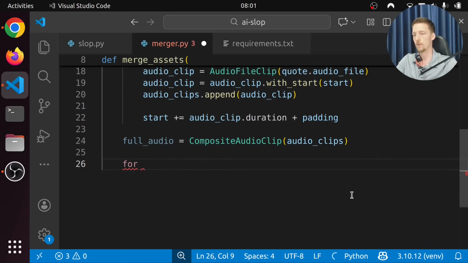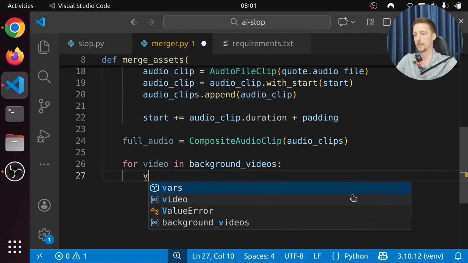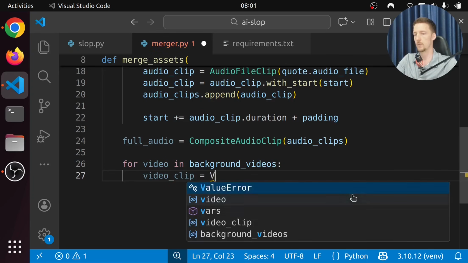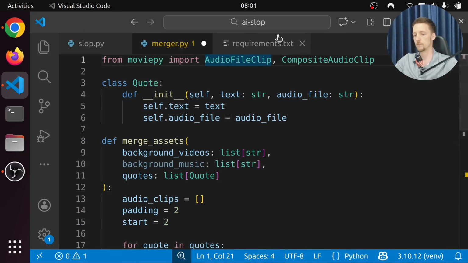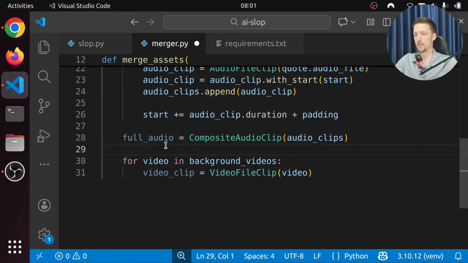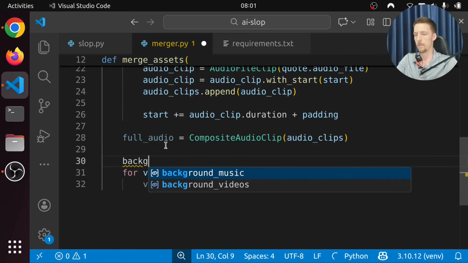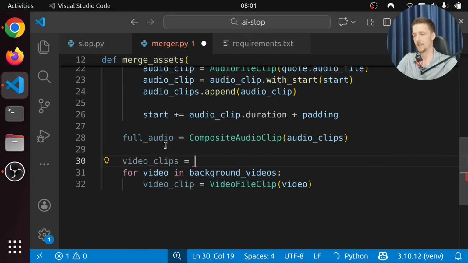So for video in background_videos, we are going to say that the video_clip is going to be VideoFileClip from the video. So let's import this too, VideoFileClip. And we also need to have all the background video clips, let's say.